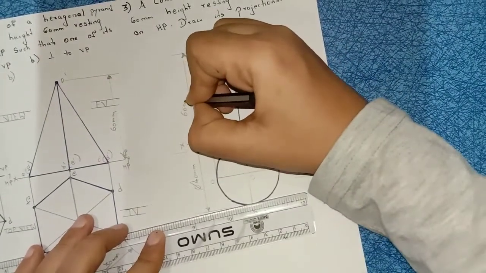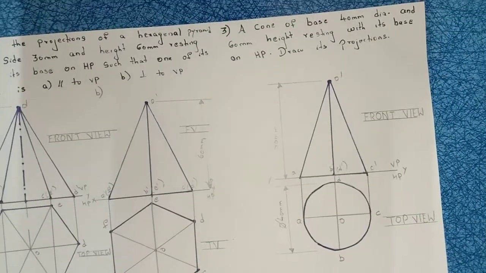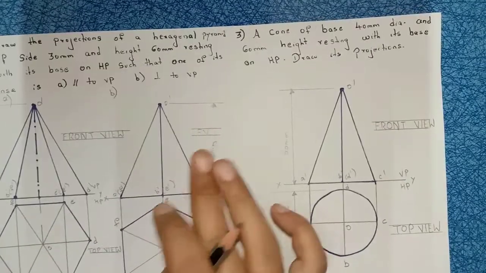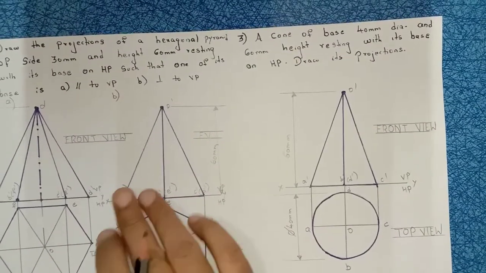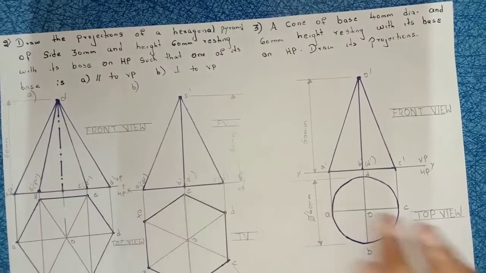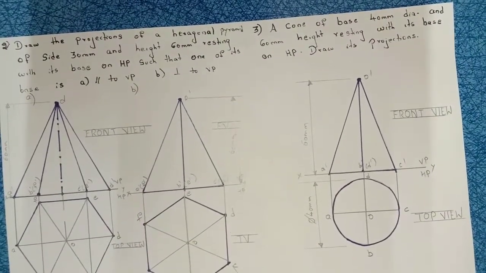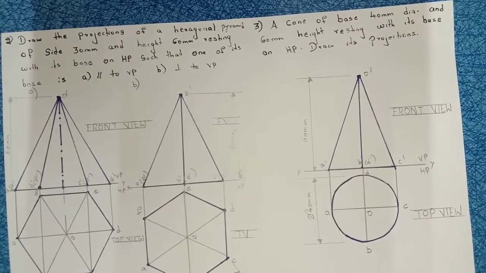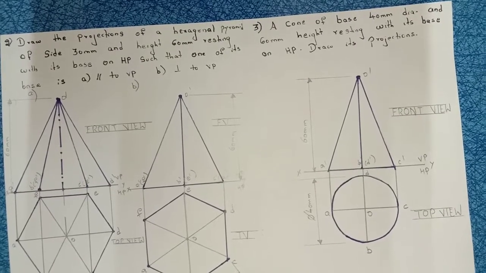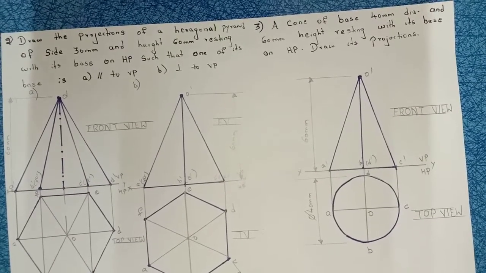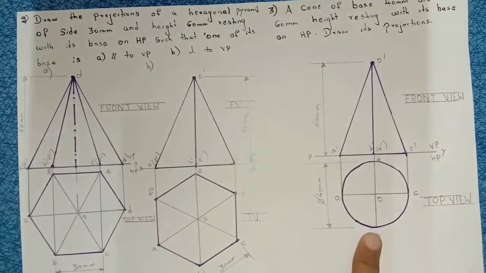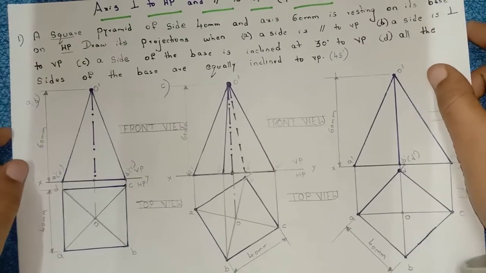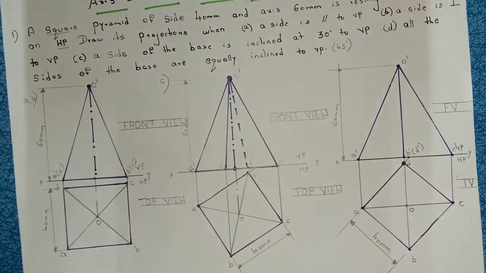Right, so this completes our problems in pyramids. See, in prisms always the front view is a rectangle. In pyramids always the front view is a triangle. Read the question properly. Definitely in the question they will mention what you have to construct, where you have to construct, in vertical plane or in horizontal plane, and what are the conditions. In these questions they didn't mention any angles, so that's why we have drawn only one position. So these are the three problems in pyramids when the axis is perpendicular to HP and parallel to VP.